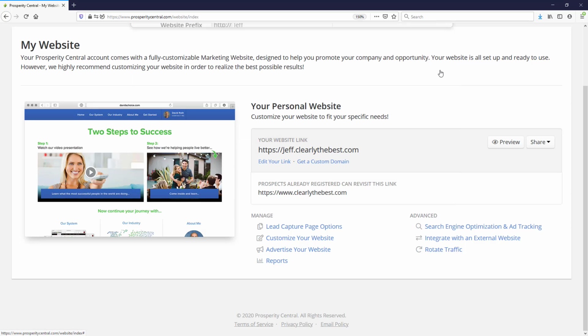However, I personally recommend that you get a custom domain and integrate your own custom domain into your account. This helps you with branding. This can help you with email delivery. There are a lot of good things that come from this. It makes it a lot better when you're creating links because now you can create a link that is super short as opposed to, like you see here,